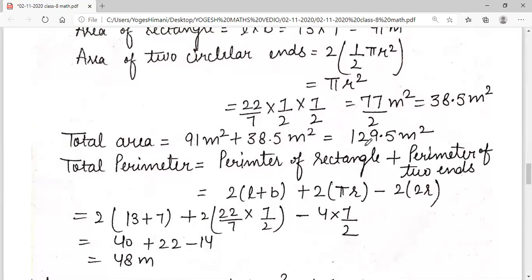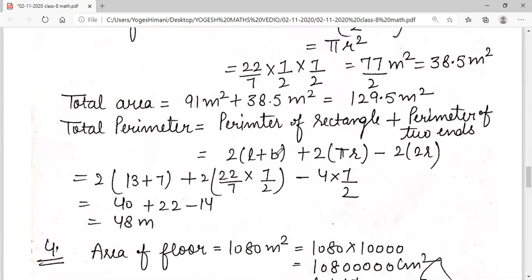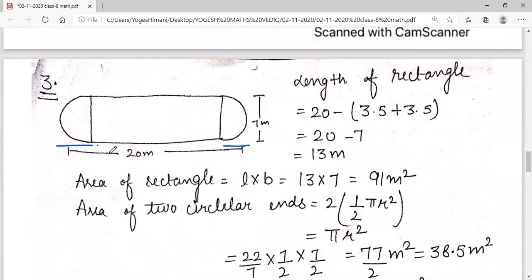So total perimeter, how can we find the perimeter? Perimeter of rectangle plus perimeter of two ends. Okay, so perimeter of rectangle means 2 bracket L plus B plus 2 pi r, and minus 2 r twice means यहां से लेकर हमने देखो ये पेरीमीटर पहले इसका निकाला रेक्टेंगल का, और फिर इस एंड का, सर्कुलर एंड्स का।